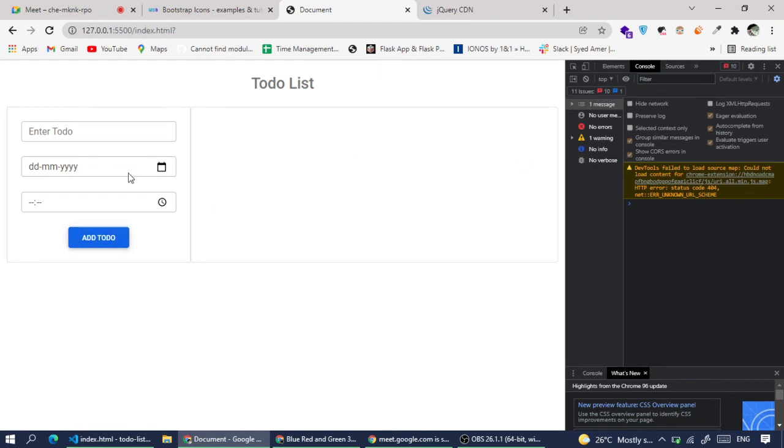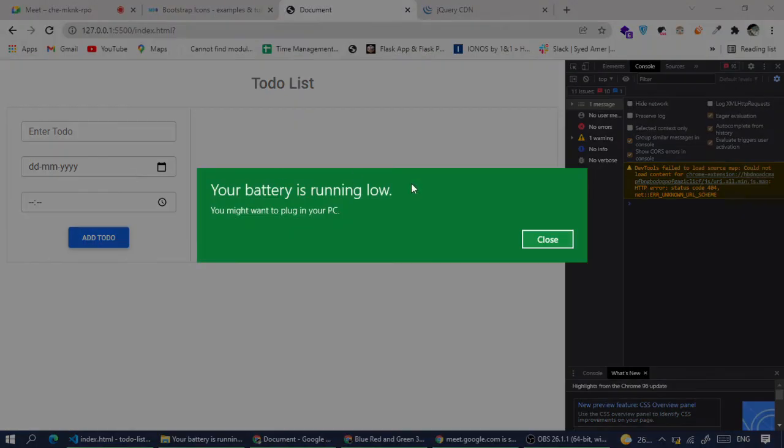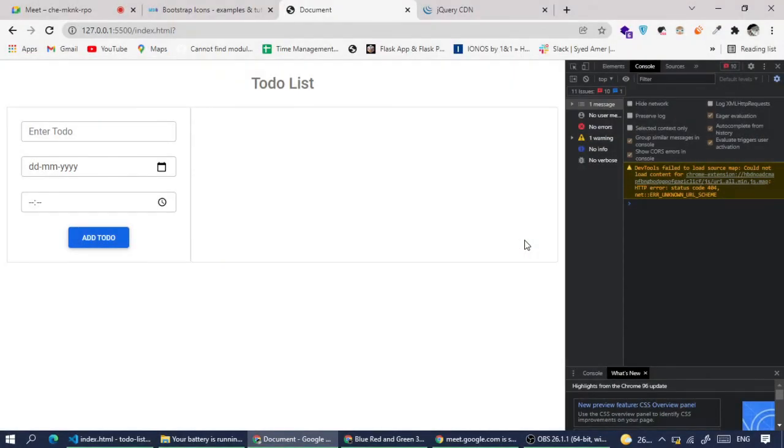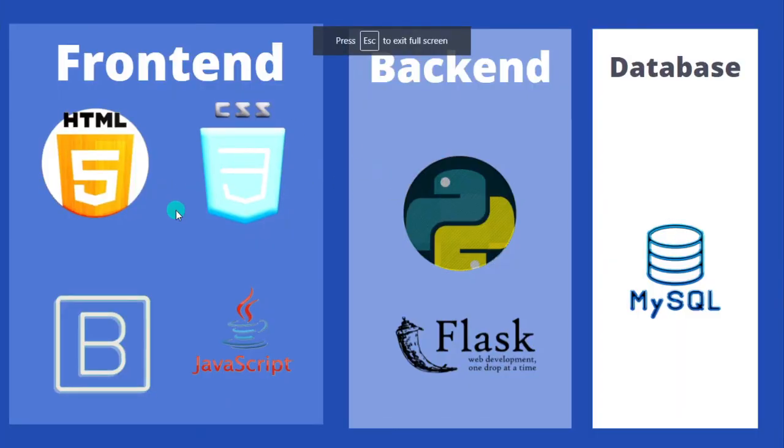And the main agenda of this project is to understand the process flow, how we are communicating with the backend and database. So right now we are done with the front end part where we are able to add and remove the task. And now we are going to the back end part. As I said, we are going to basically develop the front end first, then back end, and then database. So it's now time to integrate the Flask. So let's start with the Flask backend.